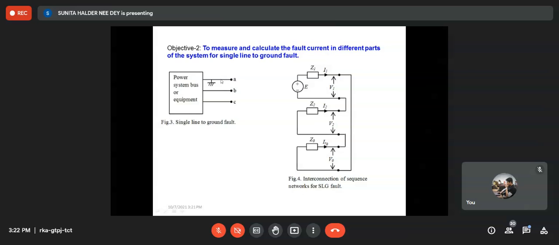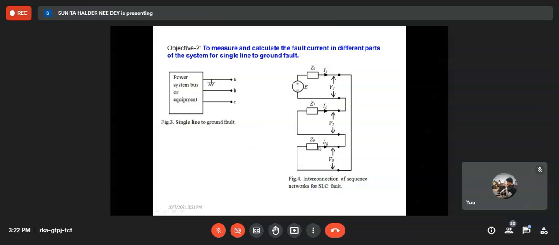For a single line to ground fault, the A phase voltage will be 0, and the A phase current, which initially was 0, is now the fault current, because we assume that the alternator is working at no load before the fault, and the fault current is higher compared to the rated current of the system. Using those equations, we know that the sequence networks during a single line to ground fault are